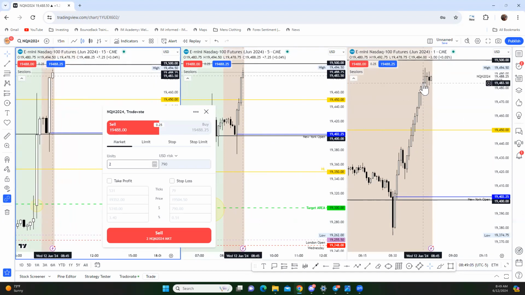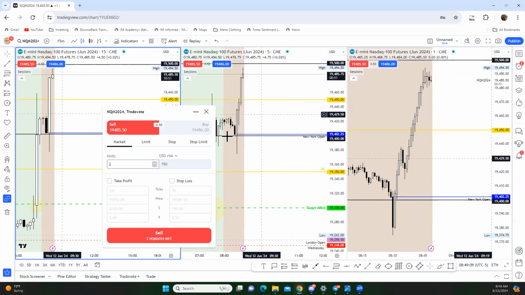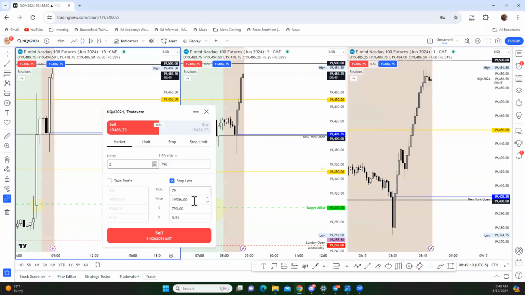Not taking anything. There's not even a confirmation on a 1 minute yet, but if it starts to break down, I want to know that high: 19,494. And then what's the exact to the 0.50? Okay, and then take profits are going to be 350s. I would say 300, and then we'll break it down between there.